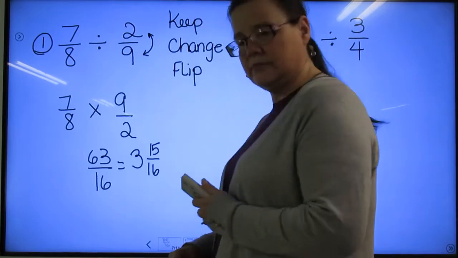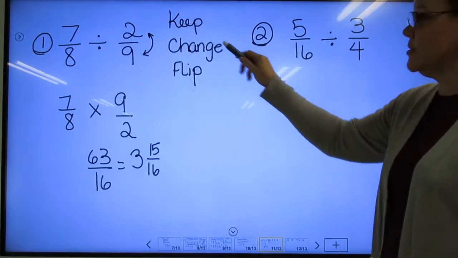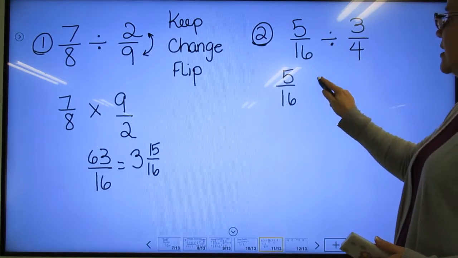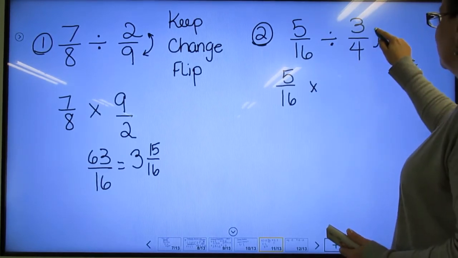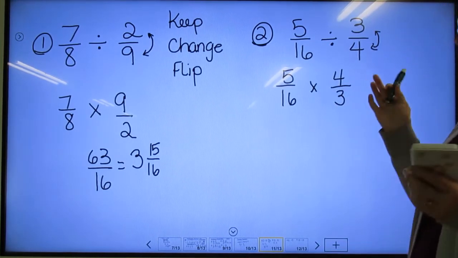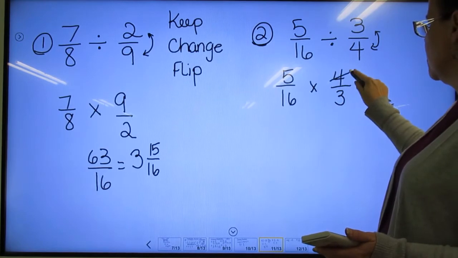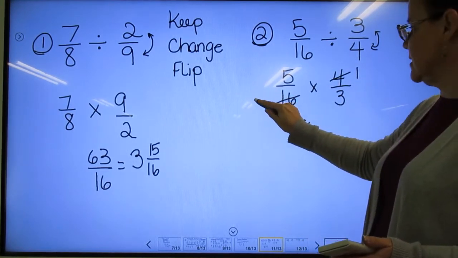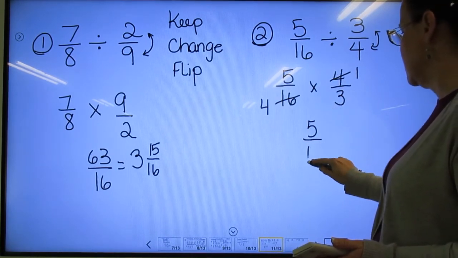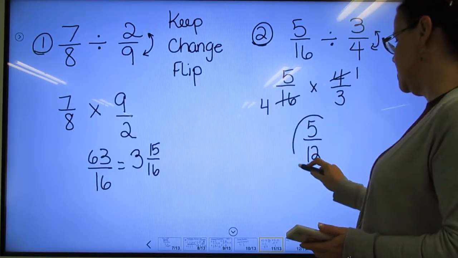Okay? So, this one I left for us to do together, okay? What I say, keep the first fraction, change the division sign to multiplication, and flip that second fraction. So, it's going to be 4 over 3. Now, multiply it, right? Multiply it. But I notice cross-reducing here, I can do 4 into 4 is 1, and 4 into 16 is 4, and 5 times 1 is 5, and 4 times 3 is 12. It's in the simplest form because 5 is prime, and then I'm done, and that would be my final answer